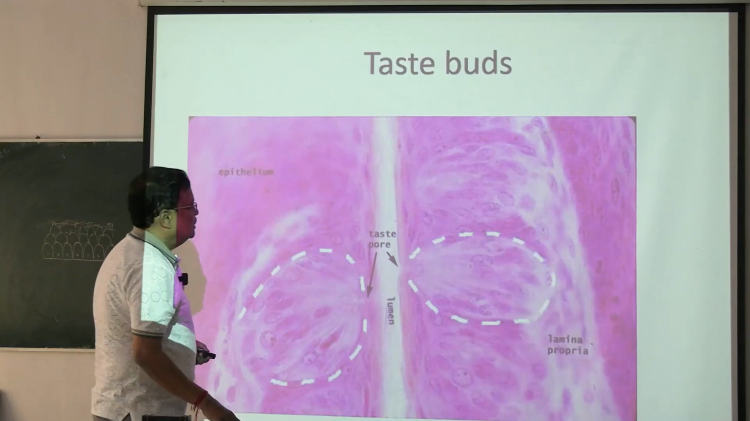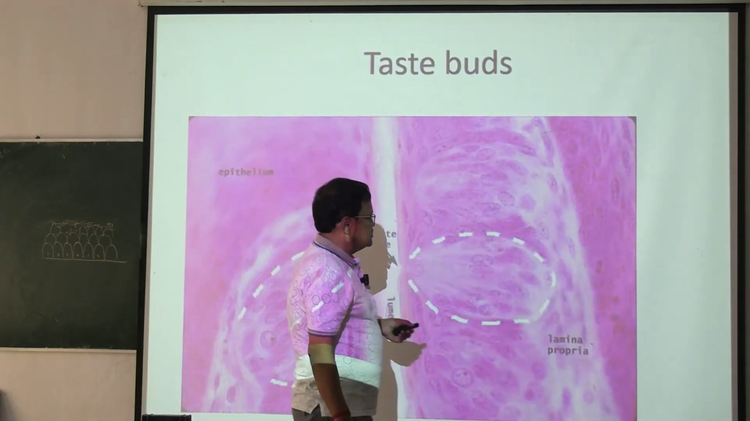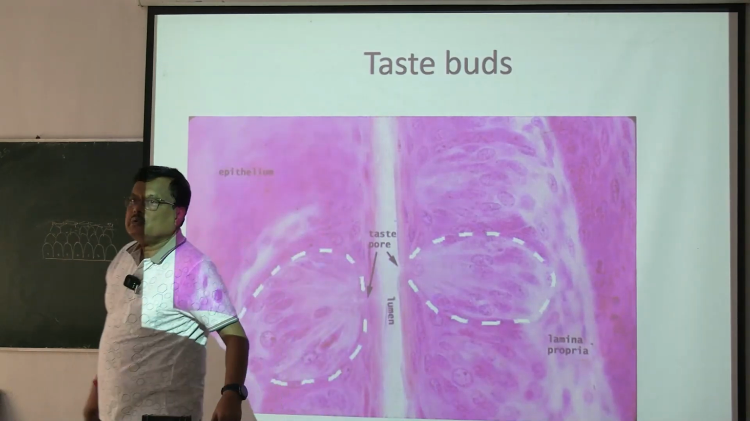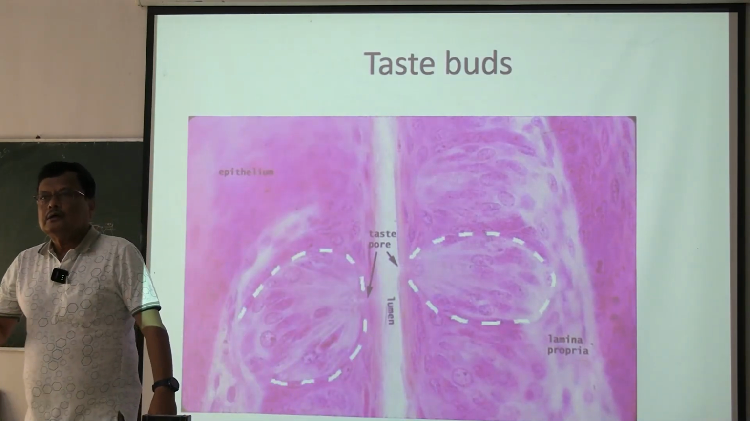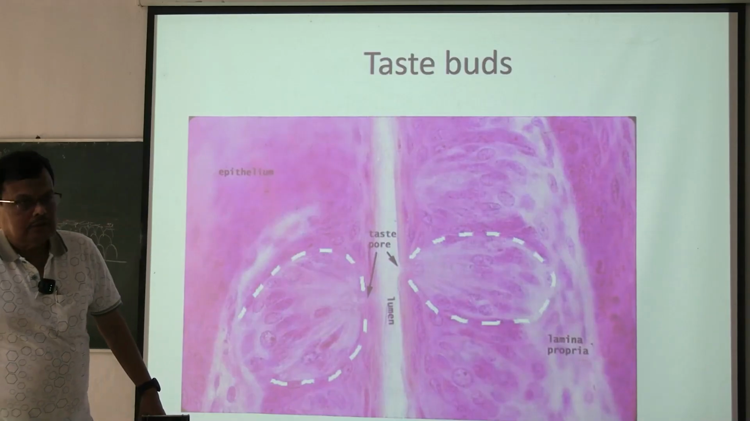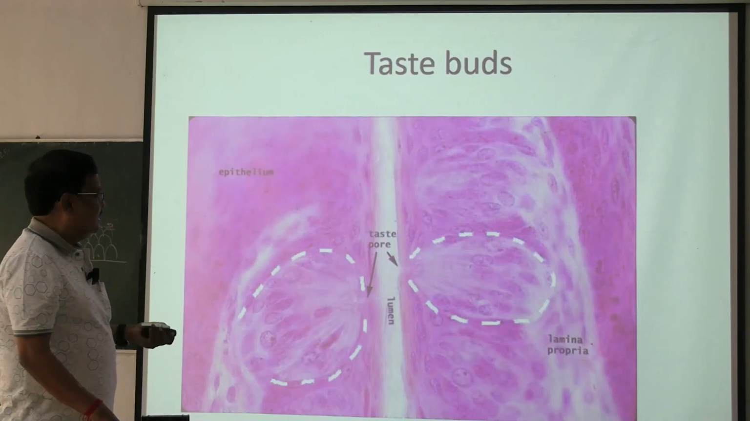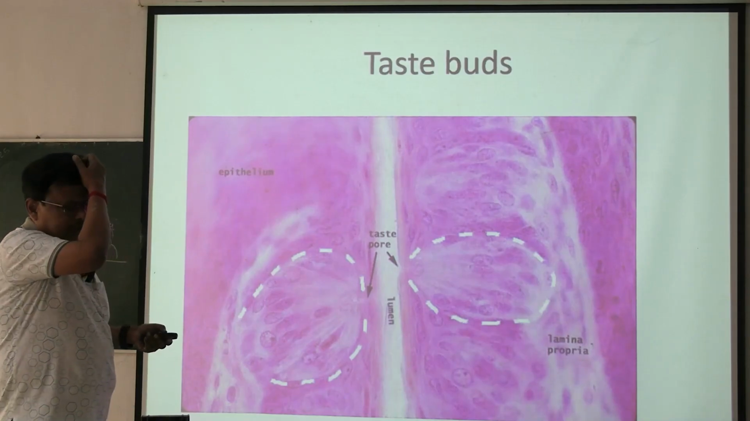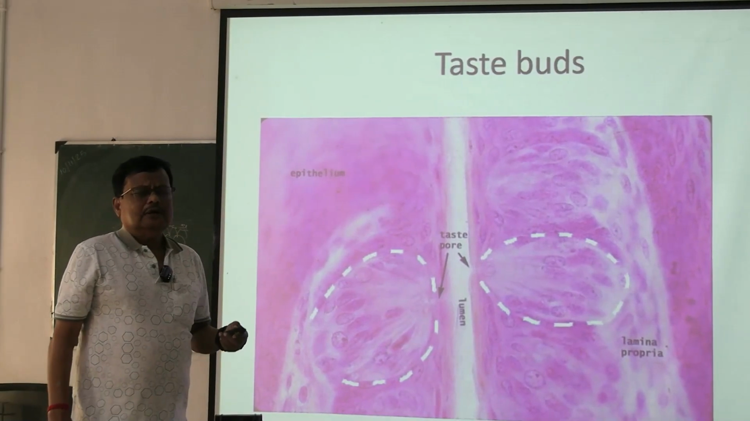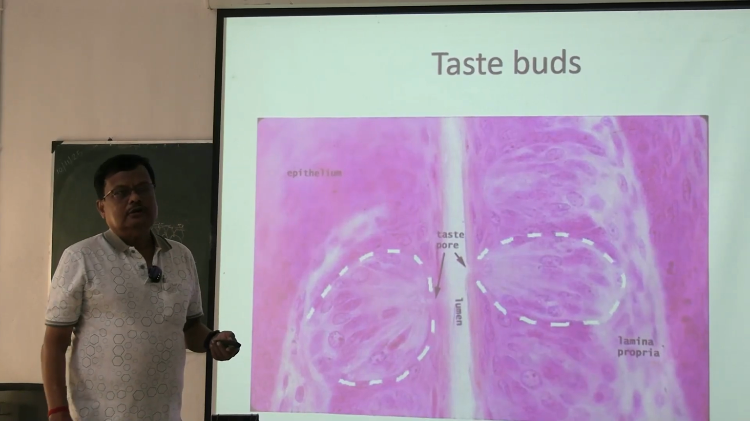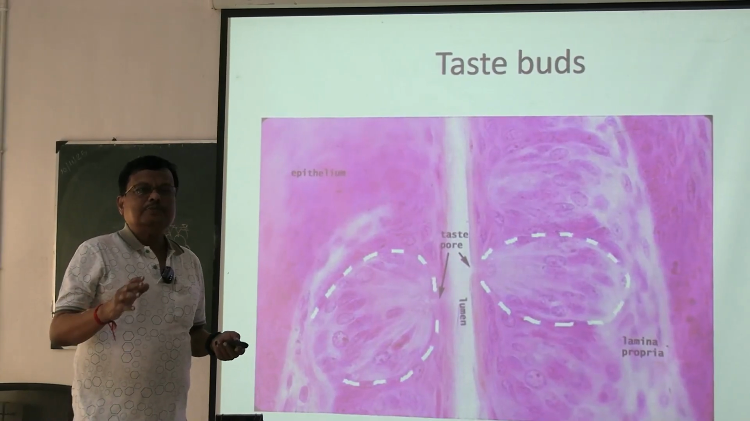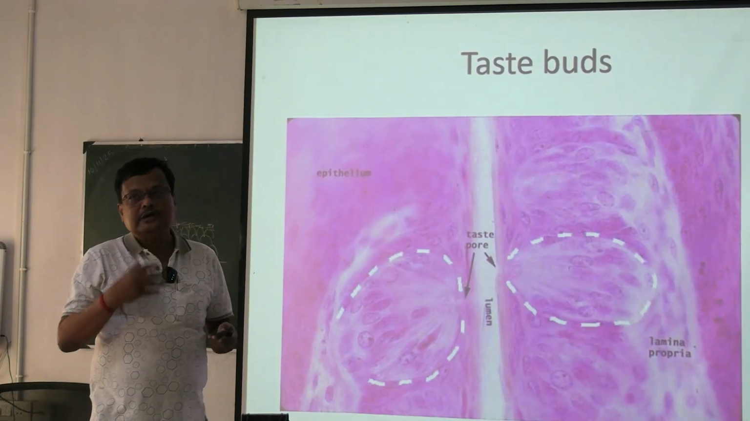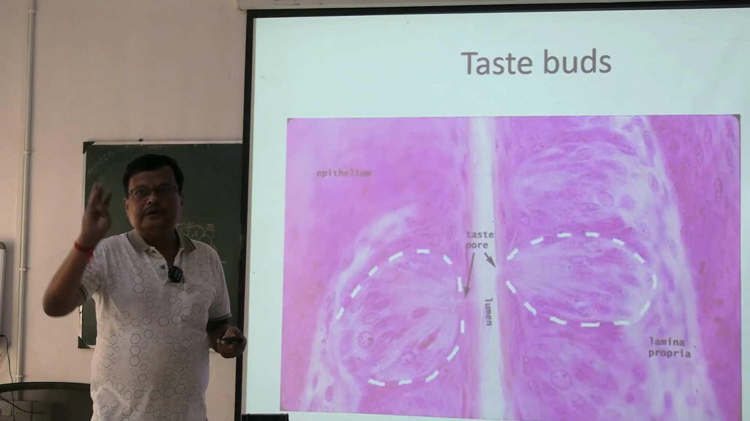What is a taste bud? A taste bud is a sense organ to taste. It is situated not only in the tongue, it is also situated in the epiglottis and in the folds known as the palatopharyngeal fold. In the posterior third of the tongue, soft palate, and especially the oropharynx, taste buds are present. So taste buds are not the sole property of the tongue, though the maximum number of taste buds are present in the tongue, but a few taste buds are also present in the epiglottis,